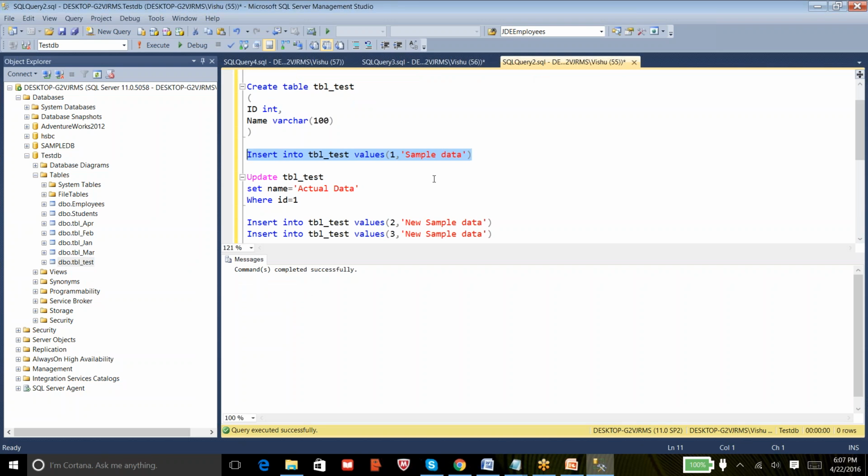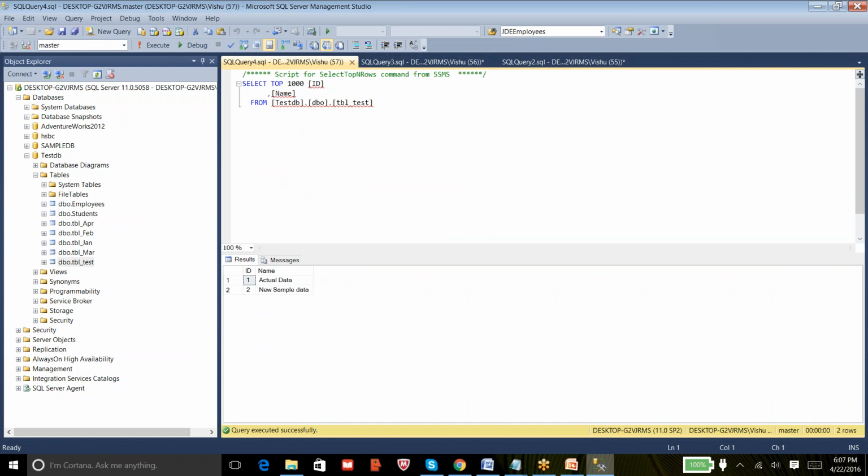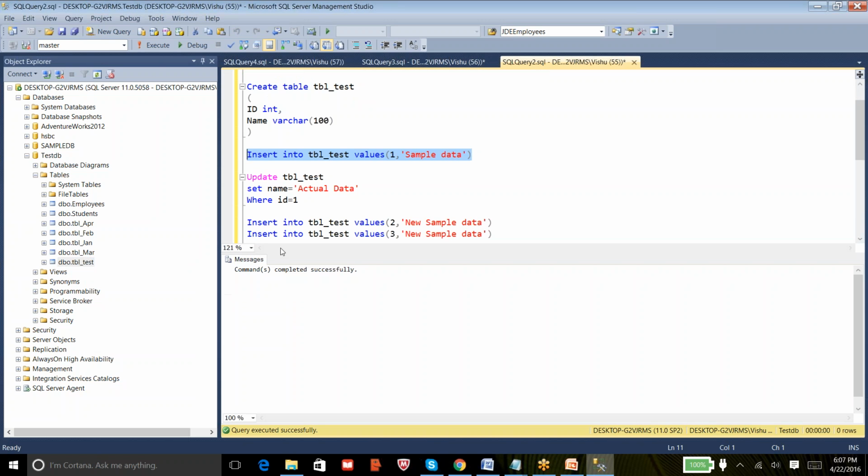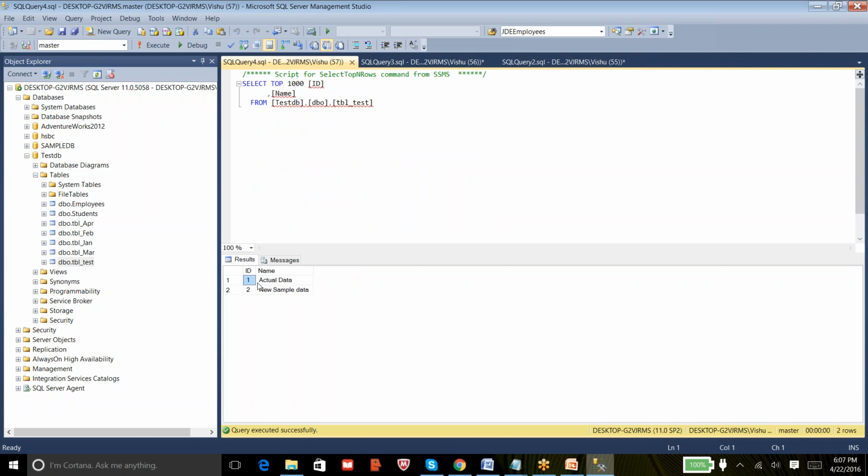So what we have done is the first time we inserted sample data, but it is not showing here. It is because immediately we updated this data from sample to actual, right? So that is what it is showing. The first one is actual.